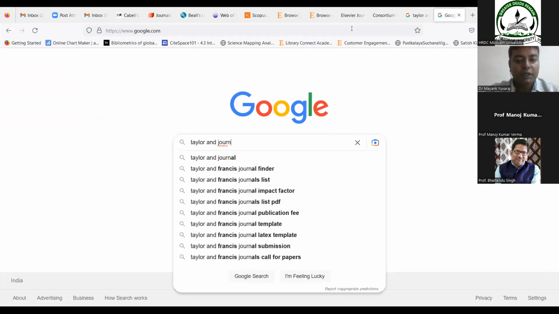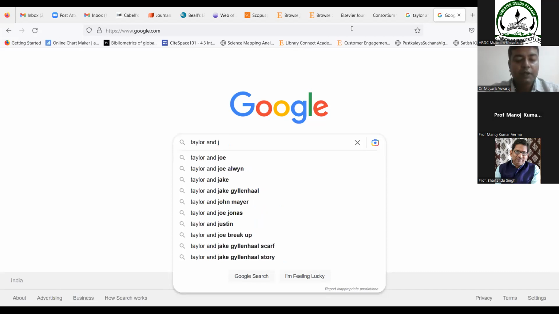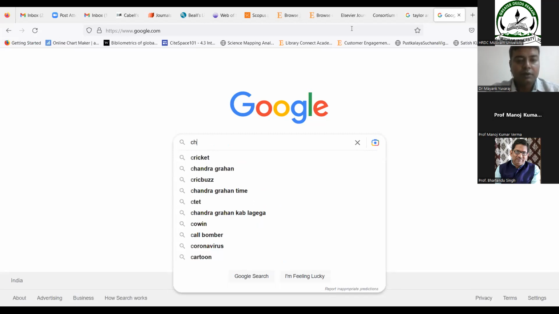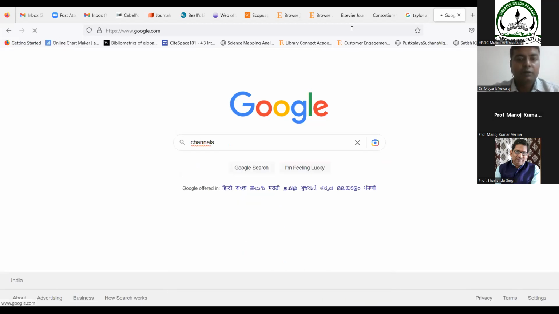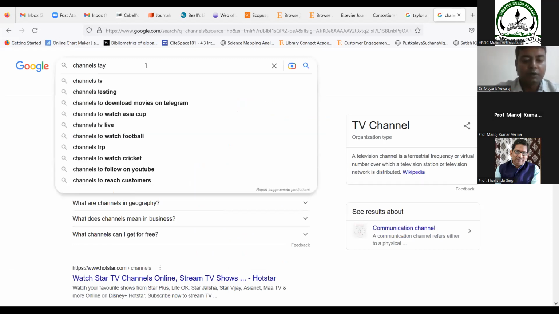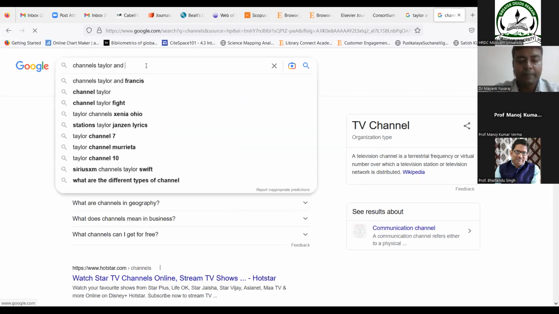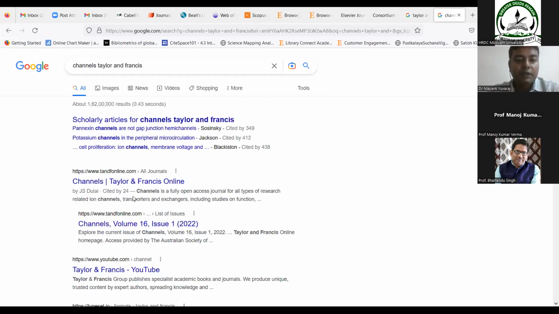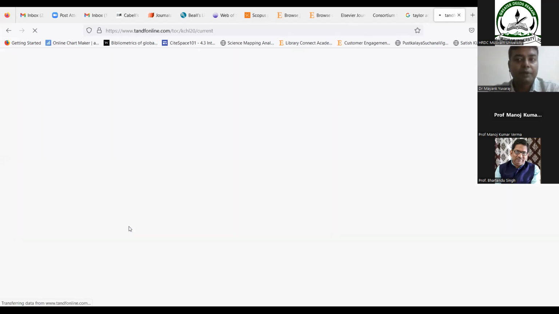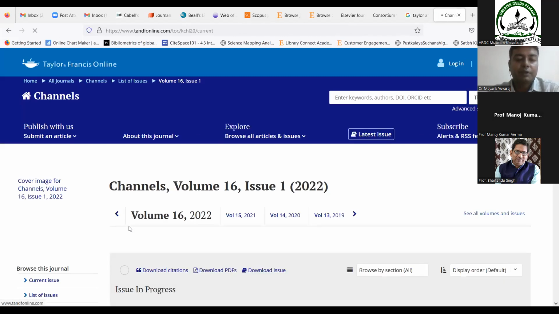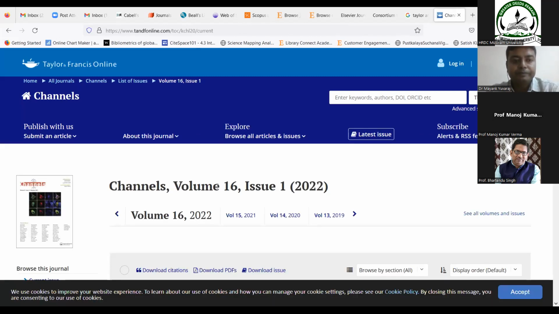The reason I'm suggesting Taylor and Francis is that Taylor and Francis and Elsevier offer a range of statistical parameters which are very useful for a new researcher.